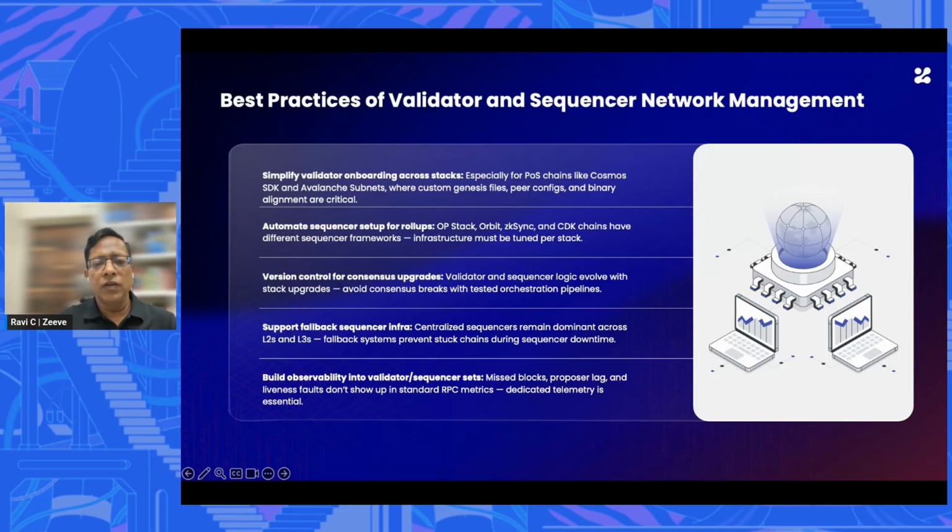So let's say you start a chain with 8 to 10 validators. Now, for example, in the case of Avalanche L1, if more than 20% of validator nodes are not active, then your chain may go down. So that's why it is very, very important to ensure that the validators are active and they are performing their job.